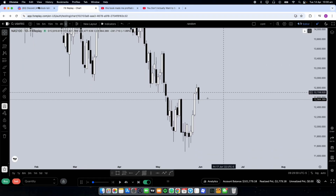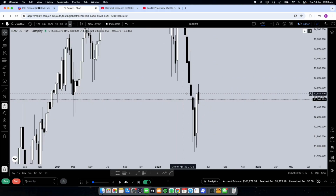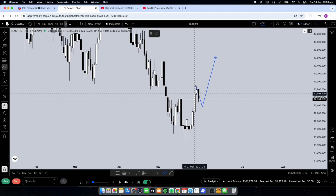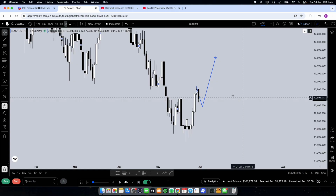So right now we're on the daily, we're obviously rebalancing. I don't use the weekly, but it looks like we did retrace into something on the weekly. Now, what we could very much be doing is coming down here to come back up, or we could be coming down here to come up to come back down. So ultimately, we're retracing right now,